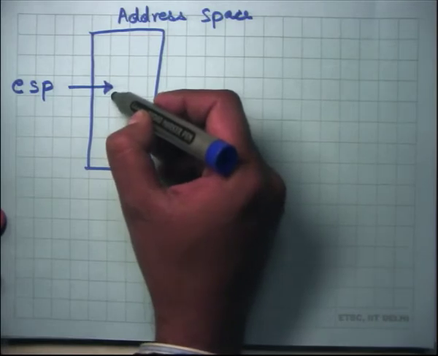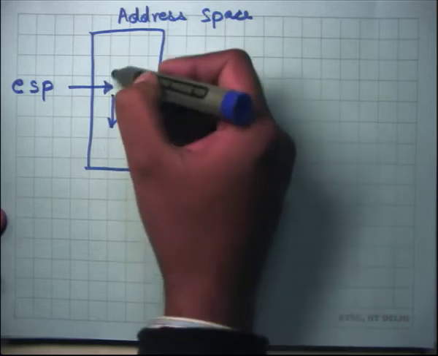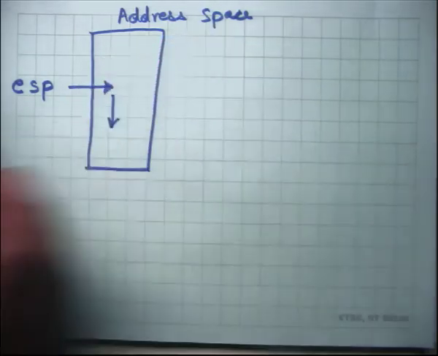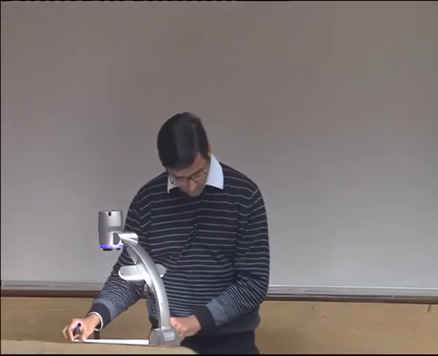The other convention on x86 is that the stack grows downwards. So the stack is initialized at some value, and if you, for example, call a function, the stack is going to go downwards. If you allocate a local variable, the stack is going to grow downwards. I assume you have seen the use of the stack in other courses like programming languages or architecture for doing function calls, right? Yes? Okay.